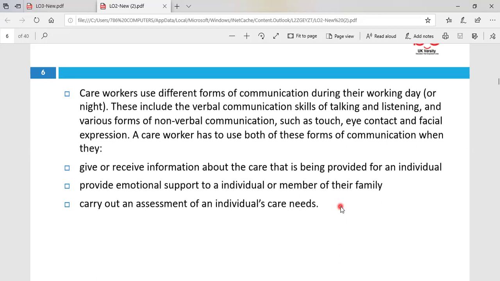So this requires a technique that has to be mastered, and you have to be well trained, when you're obviously coming across people from all communities, so there might be a cultural barrier due to which you're unable to touch the patient, but you have your eye contact and your facial expressions there. Whenever these communication techniques help when you're giving or receiving information about whatever care you're providing to an individual. You're providing emotional support to an individual or a family member, or you're carrying out an assessment of an individual's care needs. So let's say you're doing an examination on the